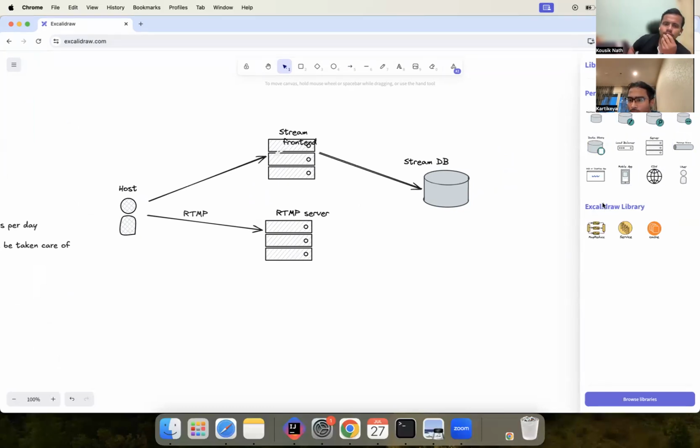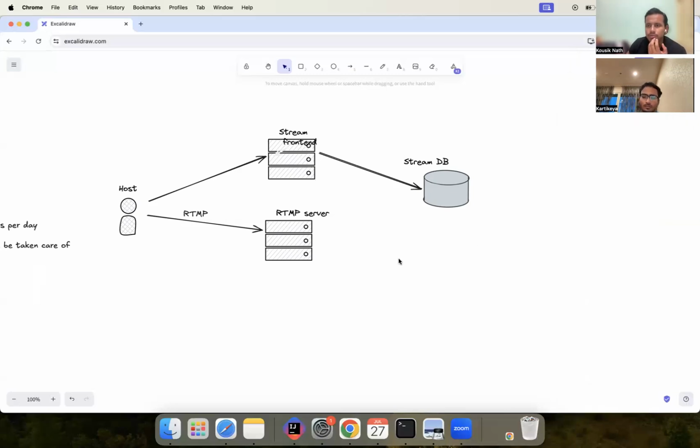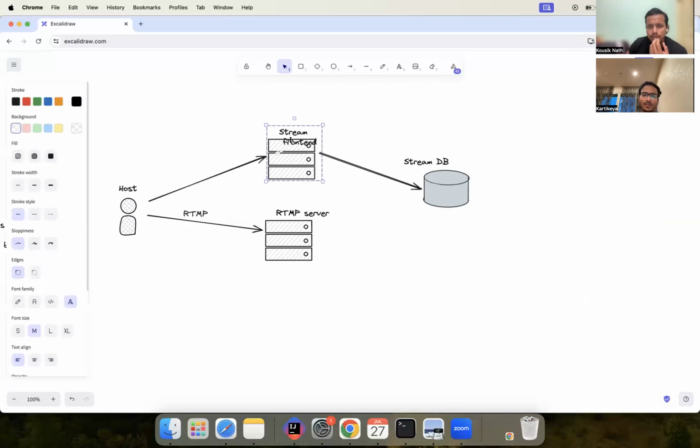So I have one question here. Why do you have a separate stream front-end server and RTMP server? So this is actually an HTTP server, and this one is basically the RTMP server. We can put both of the functionalities in the same server, but since RTMP is a different protocol, we might need at least a different kind of server than the HTTP server. I mean, servers are just software, right? Yes. And one thing that makes sense is that since you need to upload data for some time to these RTMP servers,